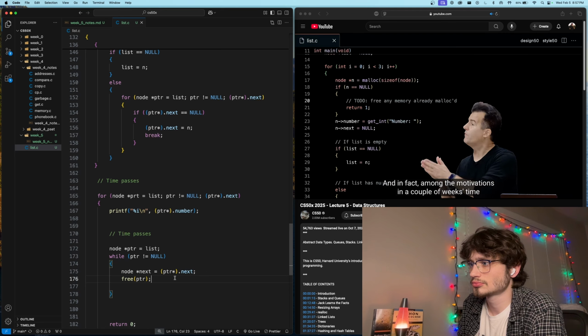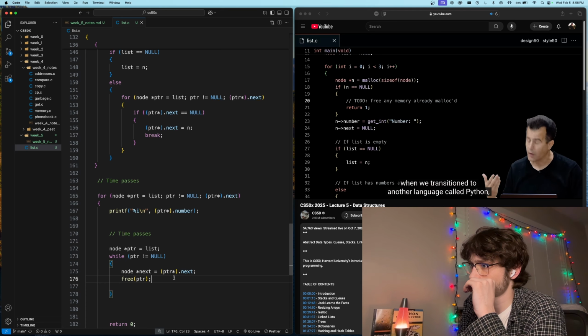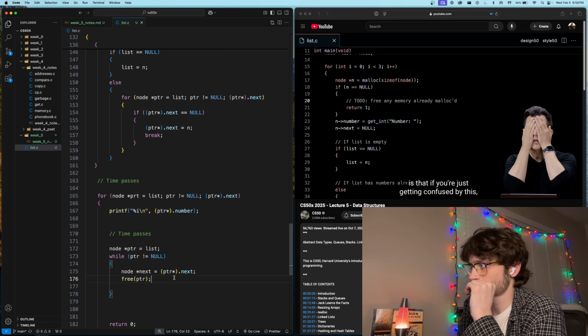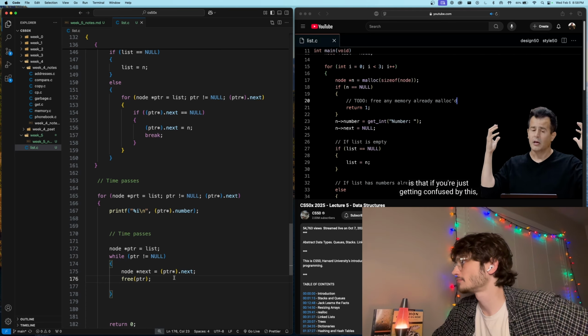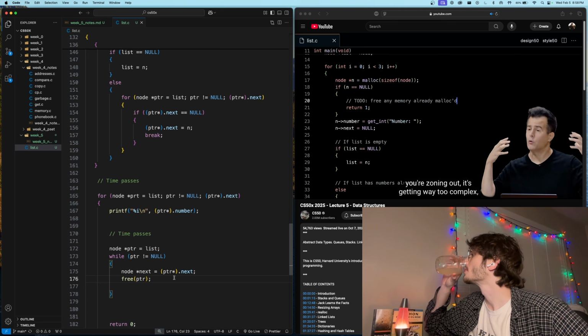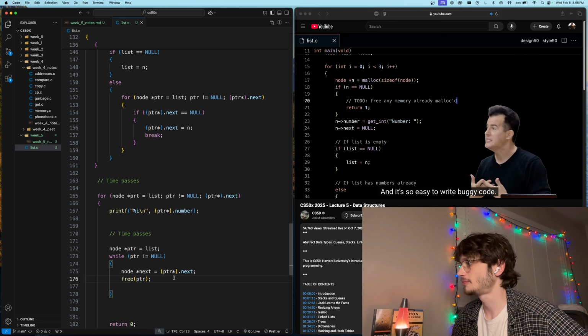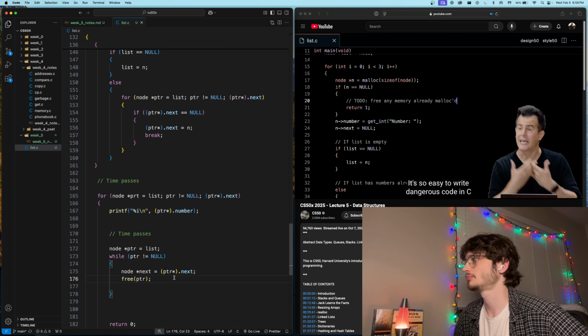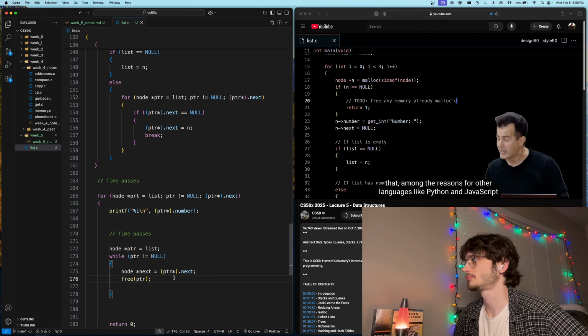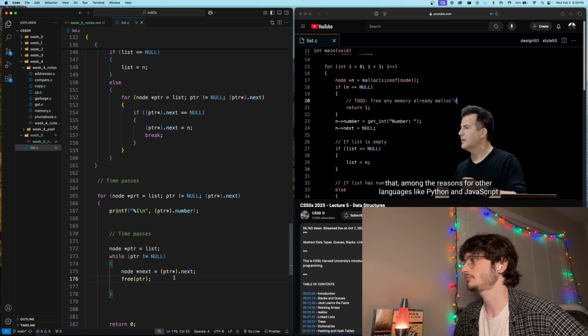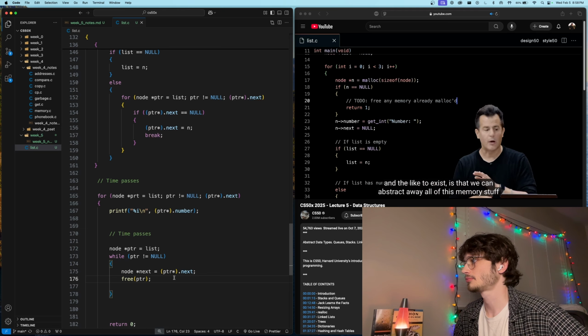And in fact, among the motivations in a couple of weeks' time when we transition to another language called Python is that if you're just getting confused by this, you're zoning out, it's getting way too complex. A lot of people in the world feel that way. And it's so easy to write buggy code. It's so easy to write dangerous code in C that among the reasons for other languages like Python and JavaScript and the like to exist is that we can abstract away all of this memory stuff